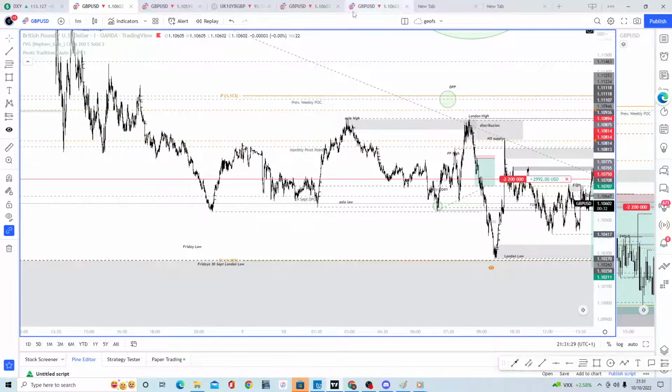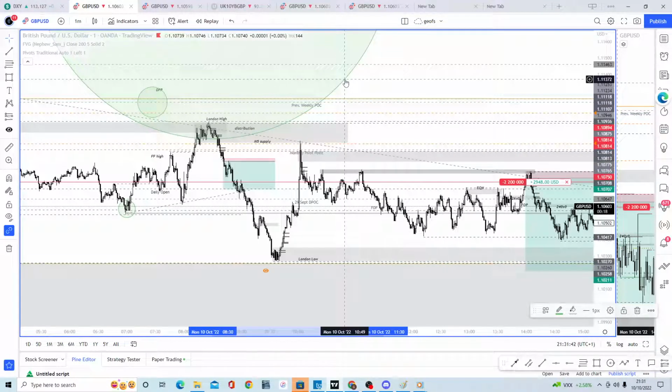Let's get rid of this green circle because it's not really serving any purpose. So what next? I ended up taking a couple of losers, and this took me to break even. I just try to get in on these daily open sweeps, and then get stopped out for a couple of pips and make them back. And because it was a New York holiday, not much was happening, but I did notice quite a good one,